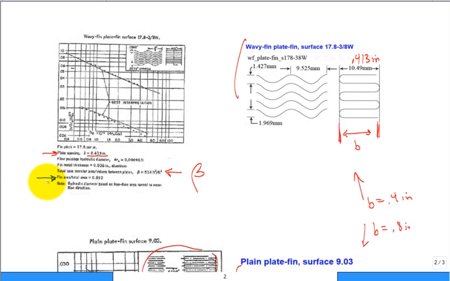What's the other 11%? Well, it's the bare. It sees a little here and a little there, but mainly it's seeing this surface, both sides. Make sense? So we just report the fin area to total area, 89 point